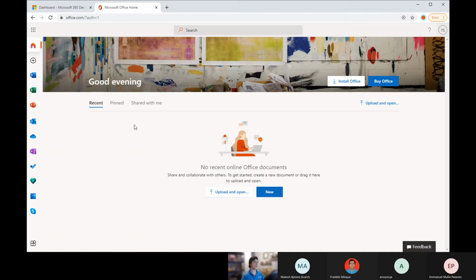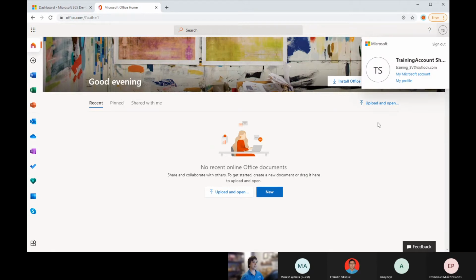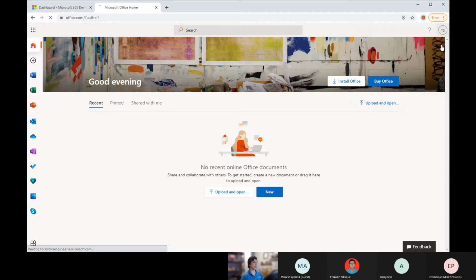If you have seen this before, there is a license that you can purchase for your personal account, and they advertise that, like saying, hey, do you want 1 terabyte of storage? Purchase this license. So that's why even the free environment starts like this. But this is incorrect. So I have to sign out